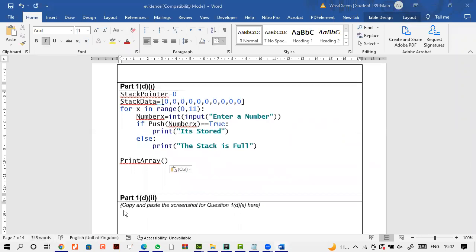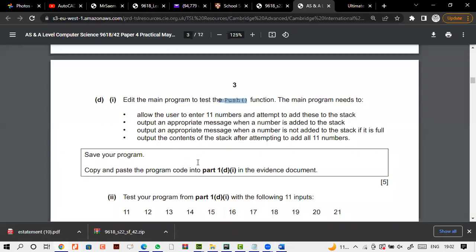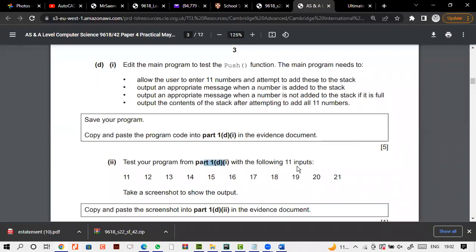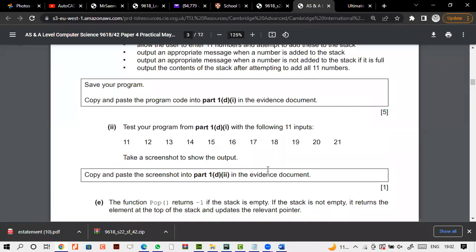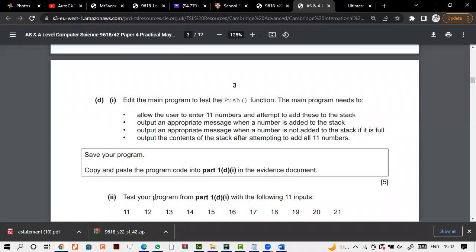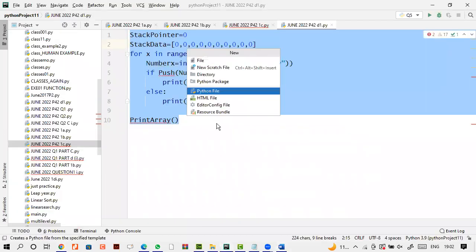Right. Then what we have to do is test your program for part D1 with the following 11 inputs. Now, obviously, at the main program, whenever you have to test, you obviously have to integrate all the parts together. So just give me a second, I'll just do that with you. So we'll make a new file, so new file, we'll make that as